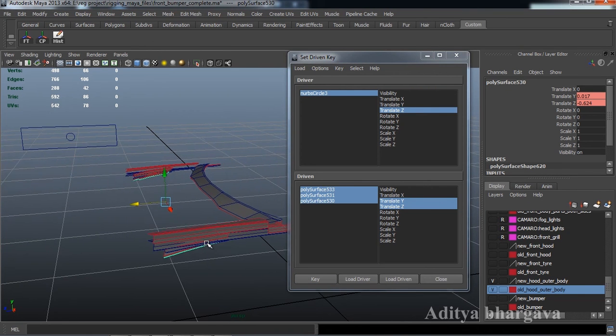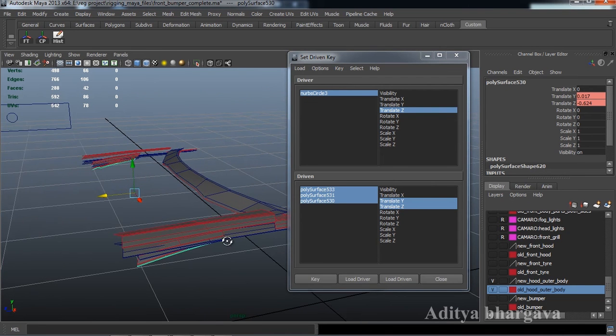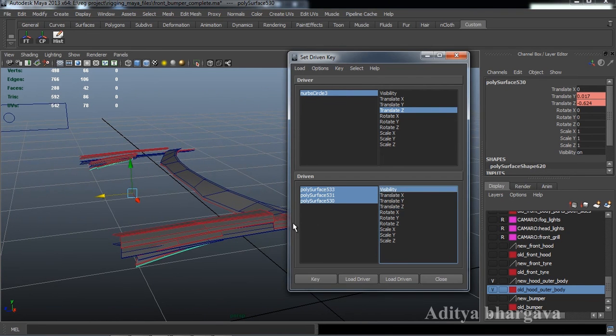So this is the first position where these objects will start from, and maybe we can also key the visibility of these objects. So right now we'll press a key at this very point, press 0,